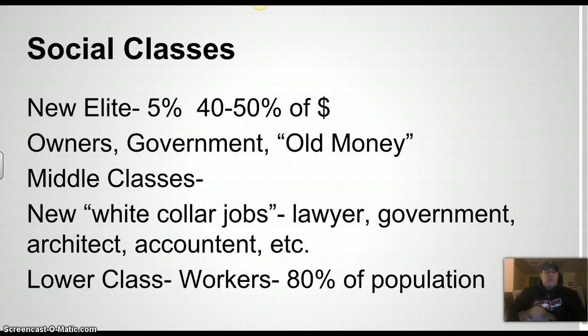And then the very bottom is lower class. About 80% of the population was the lower class. Your farmers, your factory workers who didn't get paid a lot, lived in pretty bad conditions, and that was what most of the people were. And so you see about 15% is in that middle class, and 80% is the lower class. So definitely a big class change between the two sides.